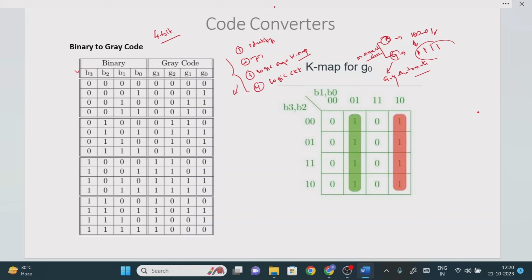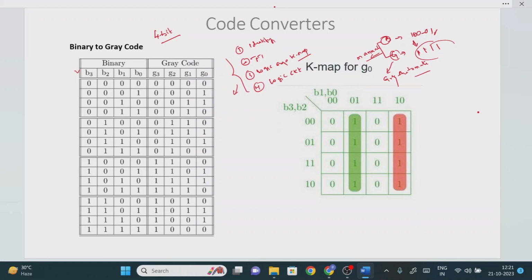So my first task is to design binary to gray code, right? Remember that I'm not going to explain each and every part individually, because in previous classes we already covered how to find the minimized logic expression using the K-map method. I'm not going to explain the K-map operation again, just the idea of how you can find the final logic circuit diagram. So the first question is to design the binary to gray code. By default we will consider the 4-bit representation.